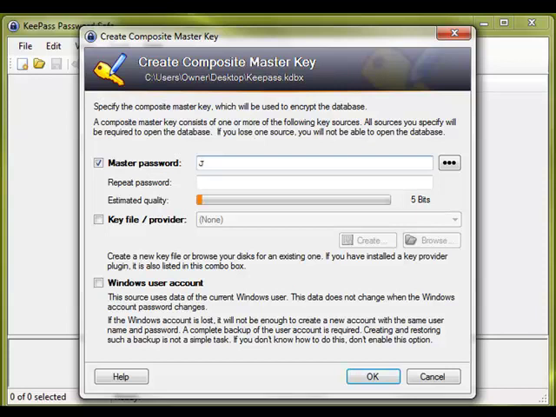So in this case, I'm just going to put John Doe 45 exclamation point, and that's going to be my master password. Because you notice this button here will hide the password or reveal the password, and throughout KeePass, whenever you see that button, that's what it does. So we're going to go ahead and repeat that password,